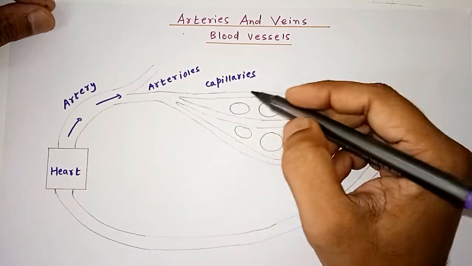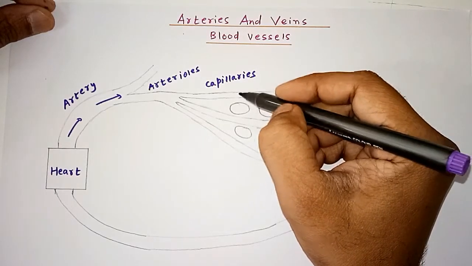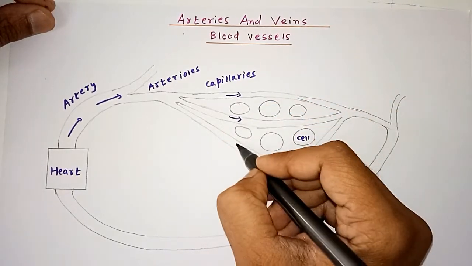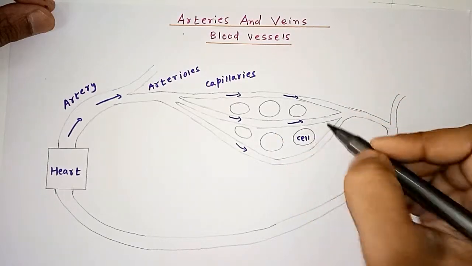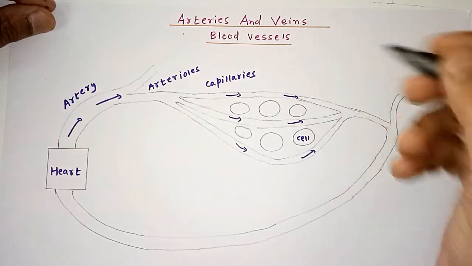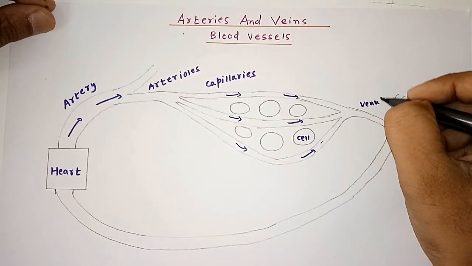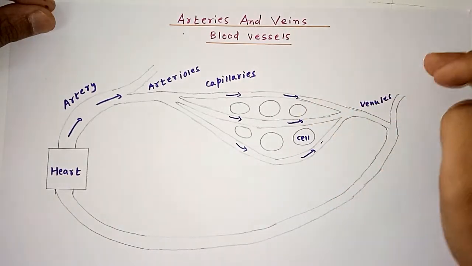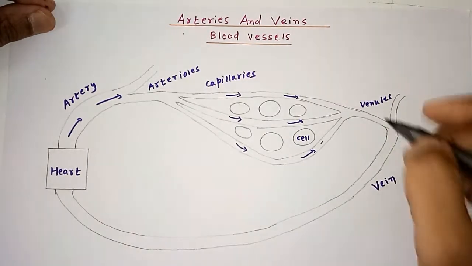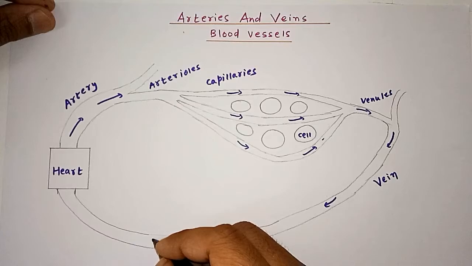Now between the capillaries and the cells of the body, diffusion takes place, and exchange of gases and exchange of nutrients takes place, and again the blood gets collected back with a different composition, and they join together to form venules. So these are again the capillaries joining together to form venules. And such venules from different areas get collected to form a vein. So this is a vein. So from venules the blood actually enters the vein